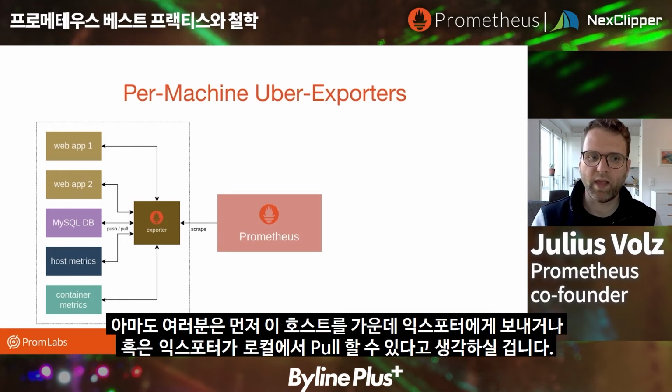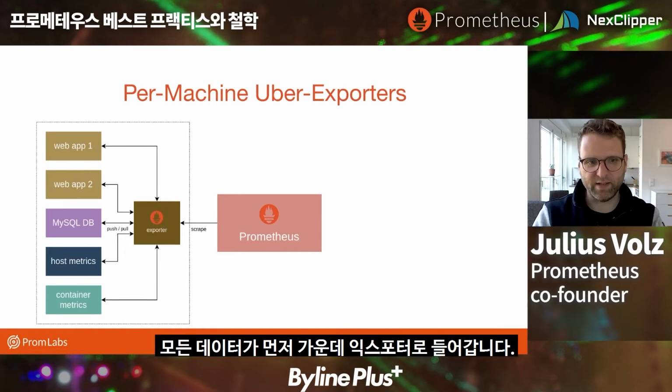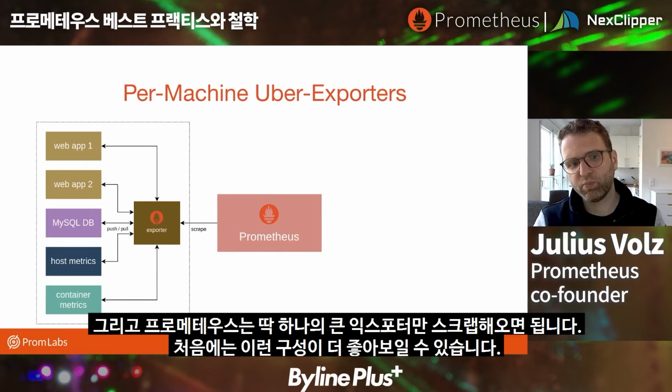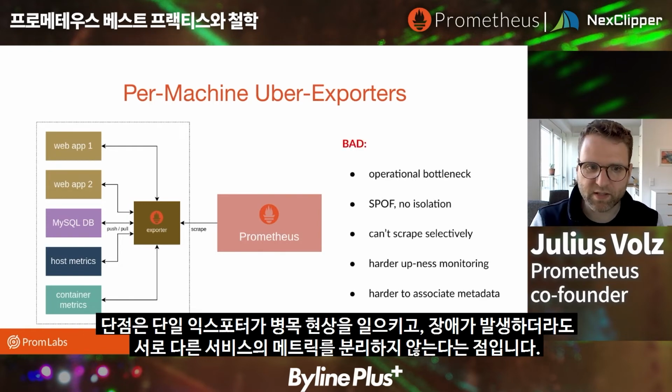And maybe you're thinking, okay, let's push all that to a central exporter on that machine first, or potentially that exporter could pull locally. It doesn't really matter. It all goes into that central exporter first. And then Prometheus only needs to scrape that one large exporter, which, at first, you could think actually makes everything better and easier. The downside here, though, is that single exporter really becomes a bottleneck, and when it fails,